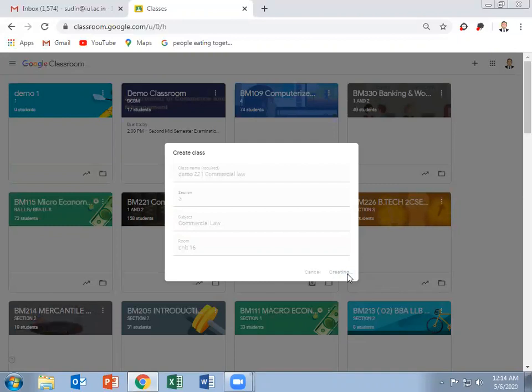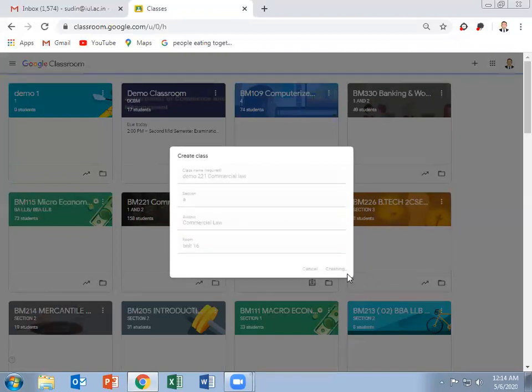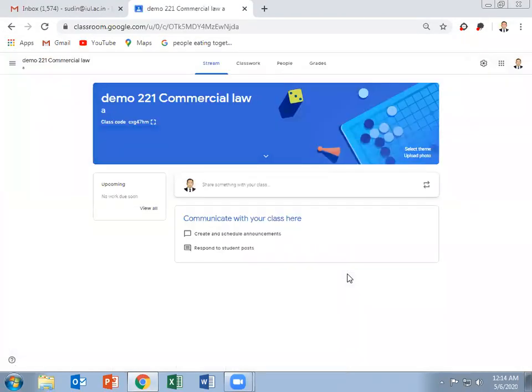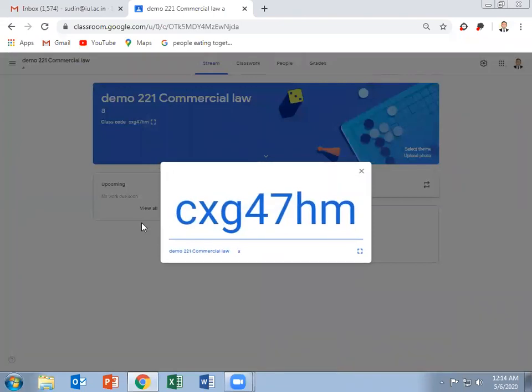Let's wait while Google is creating our class. Yes, Google has now created a demo class of 221 commercial law. Here below the name of the subject, the class code is given. If you click on the display portion, it gives us a specific code, which is CXG47HM. We have to share this number with our students so that they can join the class.